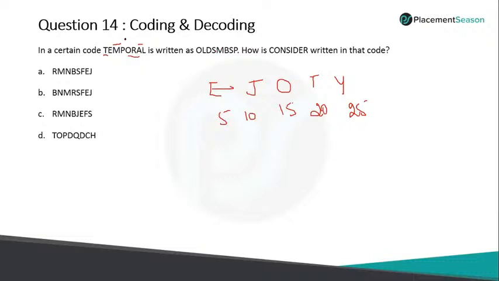Here the logic is, if you divide this word TEMPORAL into 2, TEMP, if you write the 4 letters in this format, T M E T, okay, TMET, the T M or P M E T. So P minus 1 is O, M minus 1 is L, E minus 1 is D, T minus 1 is S, which is OLDS. We got the first 4 letters.